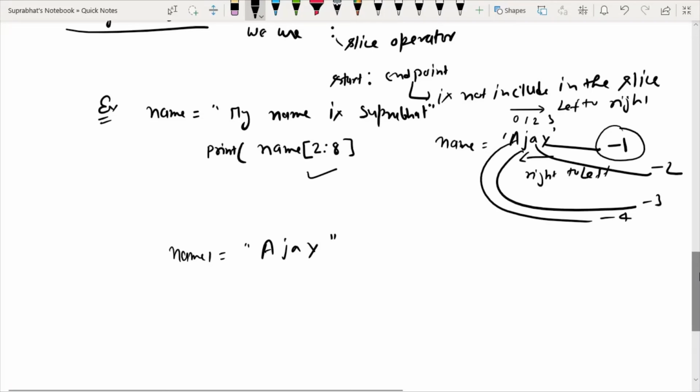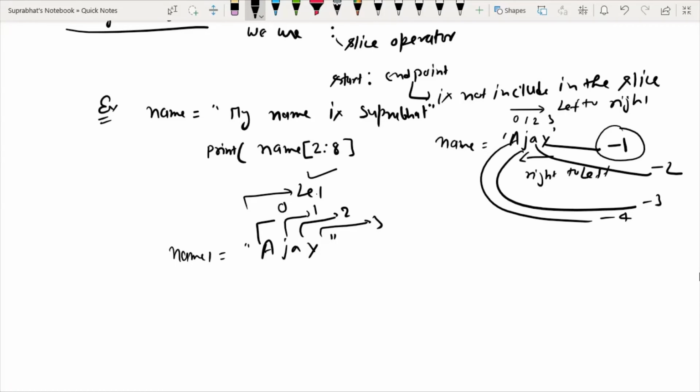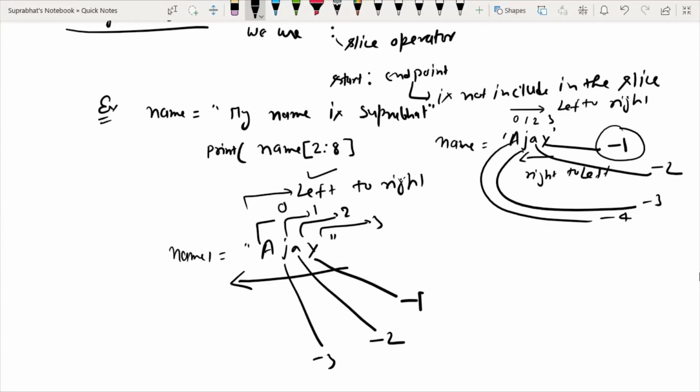So this is the beginning position, this is index number 0, this is index number 1, this is index number 2, this is index number 3, and this works from left to right. From right to left, the last element is represented by -1, and this position is -2, and this position is -3, not from 0 from left to right, and this is -4.